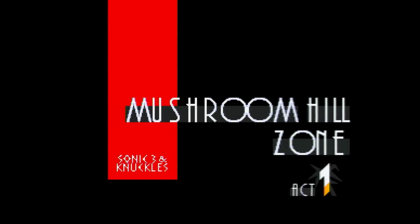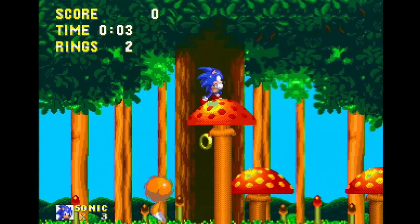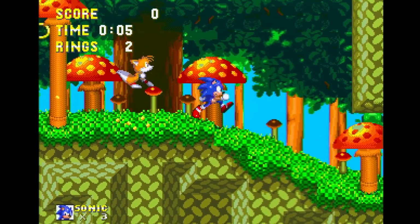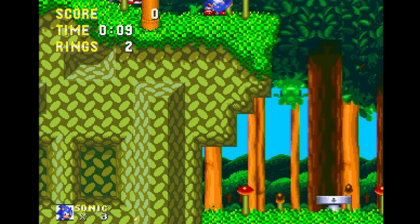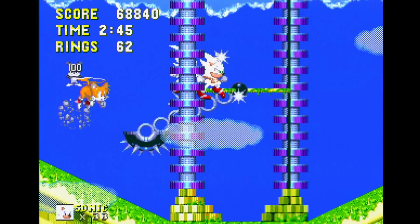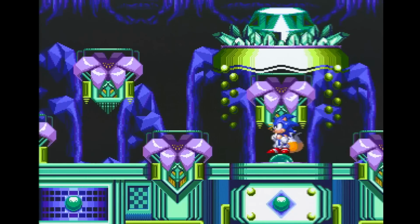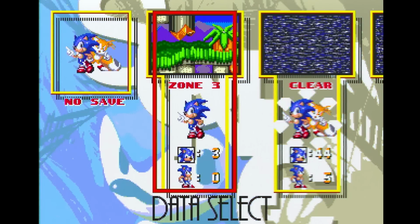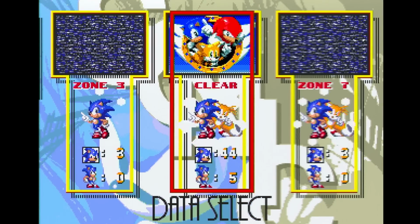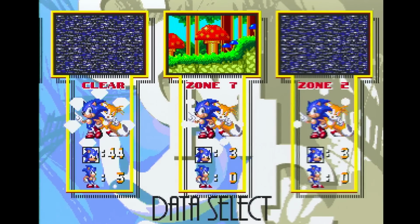You can certainly argue that in comparison to other £40 platformers of the time, it's in the top tier. However, unless it's connected to Sonic the Hedgehog 3, you're still missing features. The Mushroom Hill transition, Hypersonic, Super Tails, Hyper Knuckles, the Super Emeralds. I mean, for crying out loud, locking on to Sonic the Hedgehog 3 gives you 2 additional save slots that now track your lives and continues, which shows that it does have save capacity,